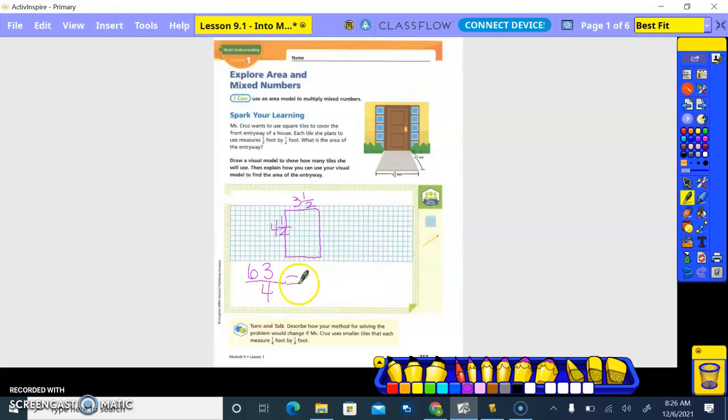So then what does that equal? That's an improper fraction. So how many times does 4 go into 63? 15. Okay, so 15, and 15 times 4 is 60, right? Okay, so then 3/4 feet squared. So that gets us the